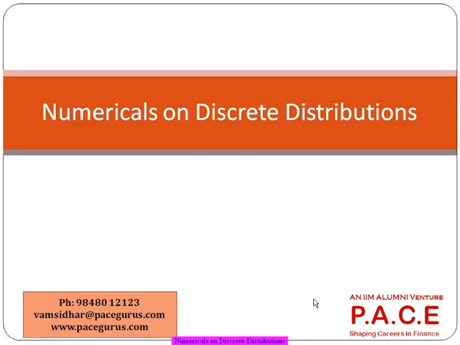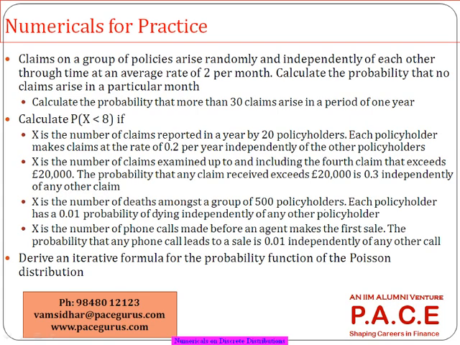Yeah, now let's look at a few numerical problems on the discrete distributions. We have discussed the binomial, then Poisson, then geometric, hypergeometric, and negative binomial. Using all these distributions, how do I typically solve some of the questions? Most of the questions which we come across in the exam would fall into the category of Poisson distribution or binomial distribution. But it's better to know a couple of other kinds of distributions and the numericals on them also. So going ahead with the first one,